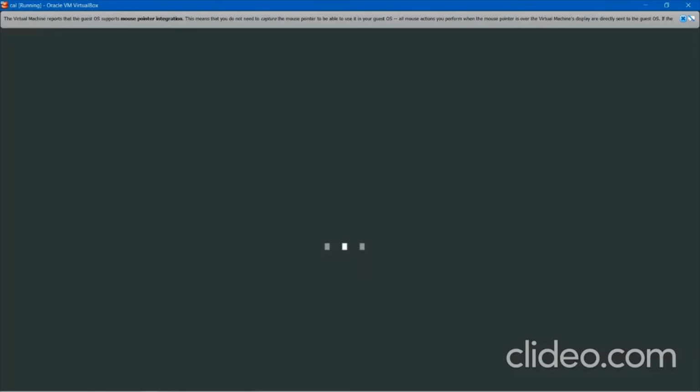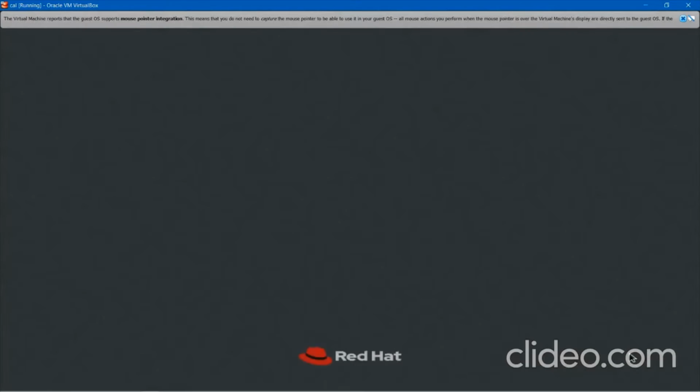Yes, I want to switch. Getting ready. As this is GUI, it's taking a bit longer than CLI. I always prefer working in CLI. When you become comfortable, you can do the same thing.